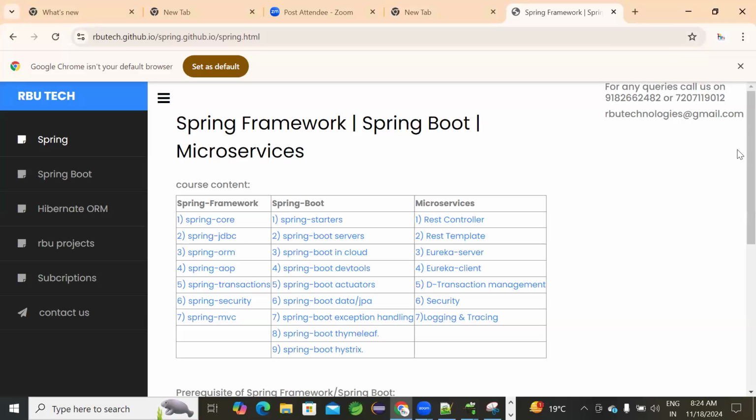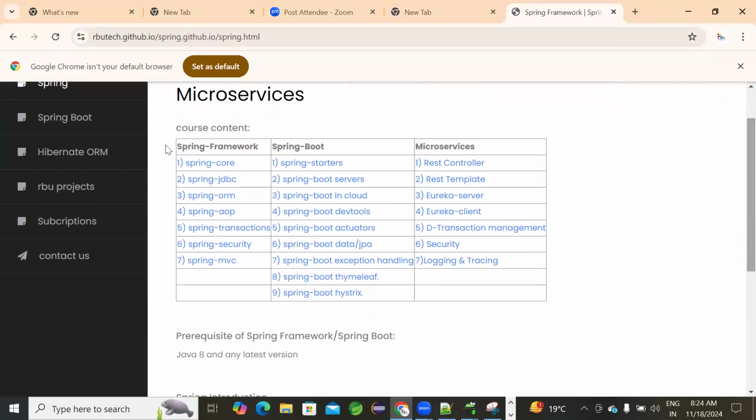So here, this is the course content. Okay. Spring Framework, Spring Boot, microservices. In detail, we don't have, but on high level, these are the topics. Now let me take you to